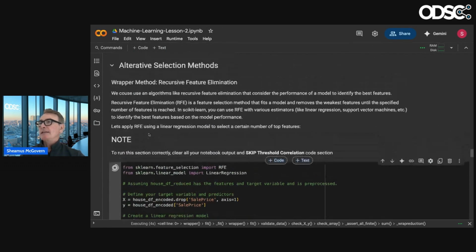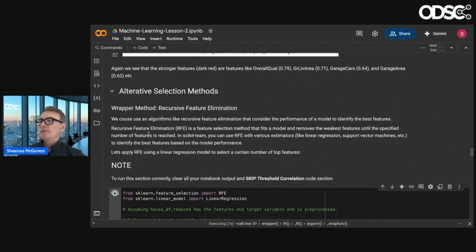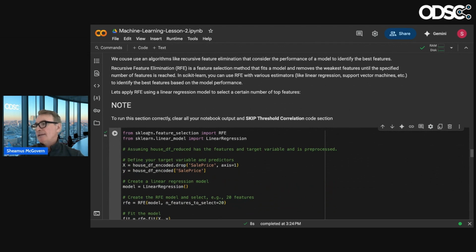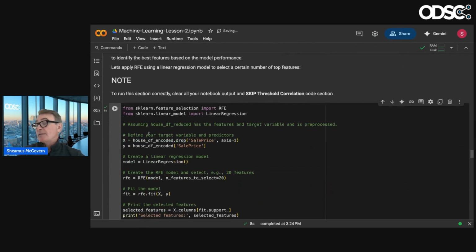Oh, sorry, this is another technique, RFE, recursive feature elimination. It's a more advanced way to figure out the best features, a little more sophisticated than just using a selection one. You still have to set a parameter of how many features you want. Do I want 40 or 60? So again, this is something that you might want to feel into the algorithm, try 20, 21, 30, 40.